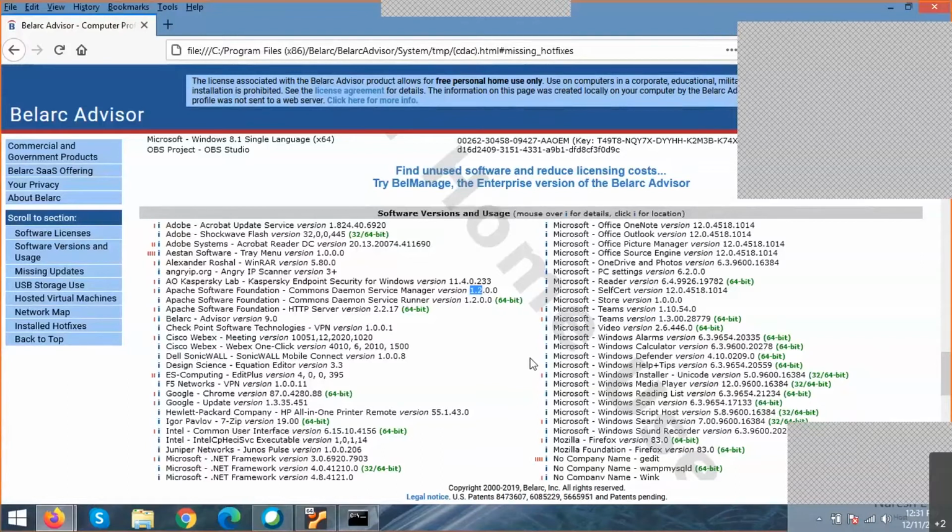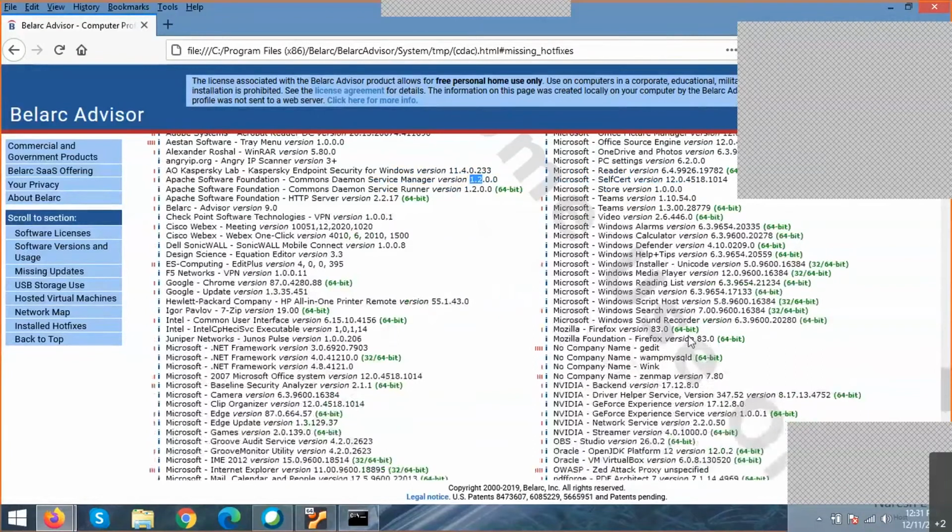It lists all the software which has been installed in your PC. It also gives a basic idea whether you really require this software, whether you installed this software yourself, or whether someone from the internet, or by going to browser settings, intentionally or unintentionally, such software has been installed. So you can check what exactly has been done. Okay. And you can also check the same thing by going to the Control Panel option.